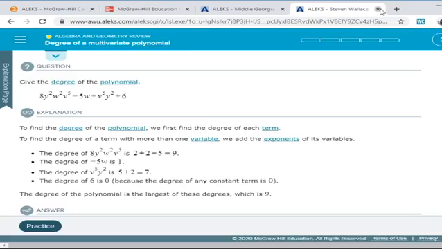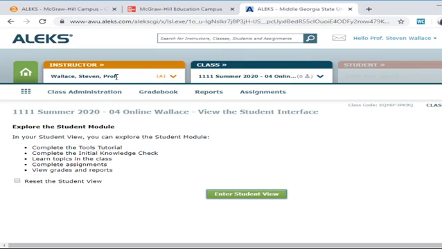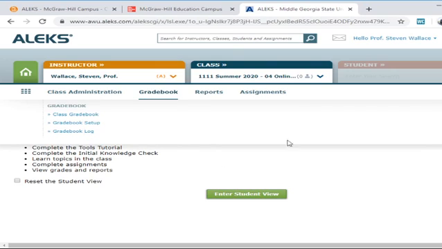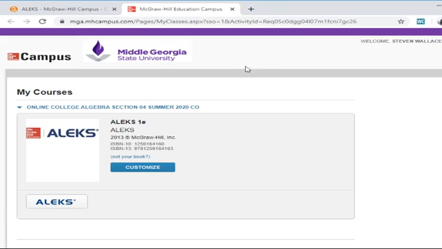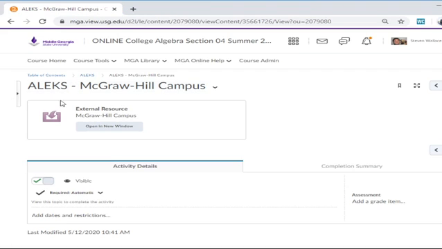Okay? Once you get done with a topic, it'll ask you to take another knowledge check, and the scores on those knowledge checks will be part of your grade. So make sure that you really work diligently in studying for and taking all mini quizzes or knowledge checks throughout the course. Okay? So I'm looking forward to meeting all of you